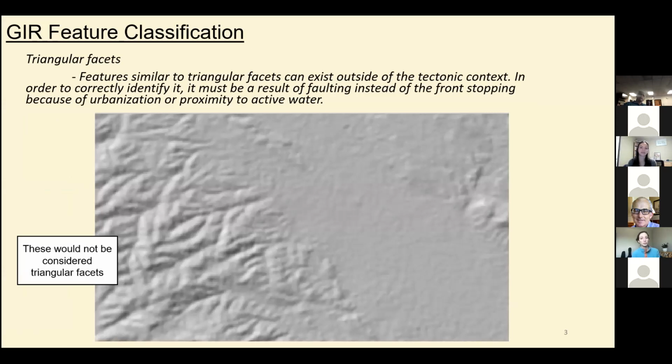And this one can still be a bit tricky depending on the faulting environment, because oftentimes at the base of a range front, no matter what, if it goes into flat land, it can give the appearance of a triangular facet, and they can exist outside the context of a tectonic setting. So in this instance, this is in Parkfield, California. You can see that the hill slope or the mountainous region goes into the flat land, and it can give the appearance that it's a triangular facet based off of where the drainages are going out,